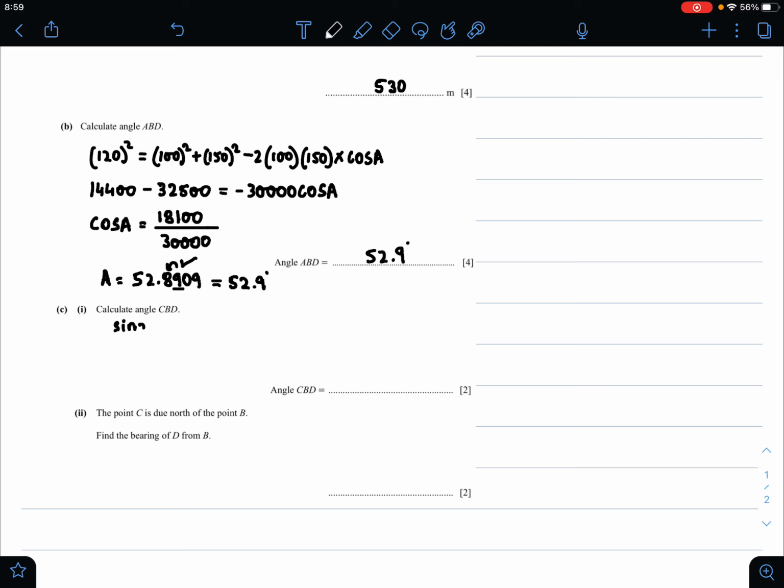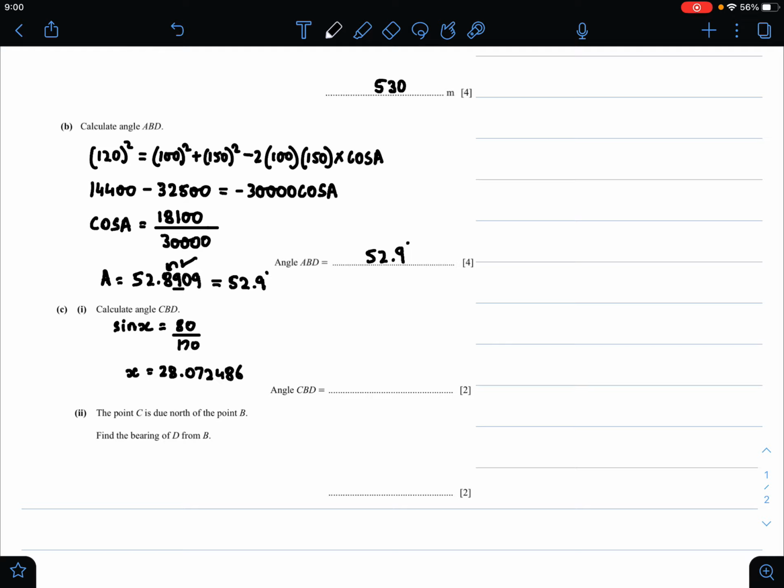So sine x would be equal to 80 divided by 170. Therefore x would be equal to sine inverse of 80 divided by 170. As I said before, if you take a function to the other side of the equation, it becomes the inverse of the function. So therefore sine inverse of 80 divided by 170, which will give you your answer as